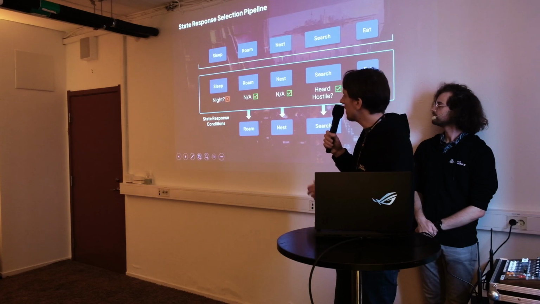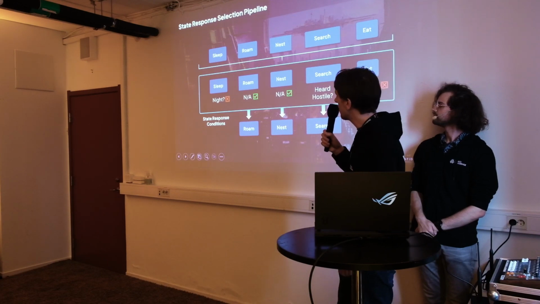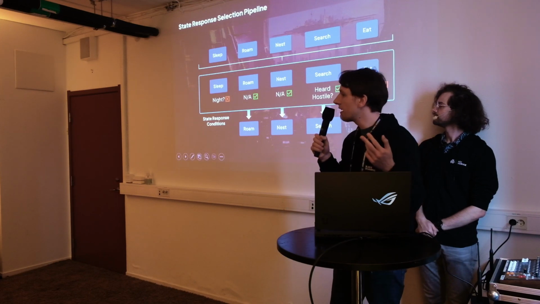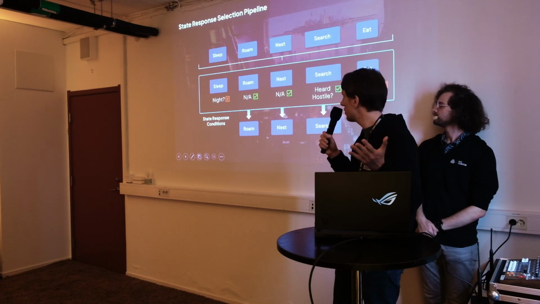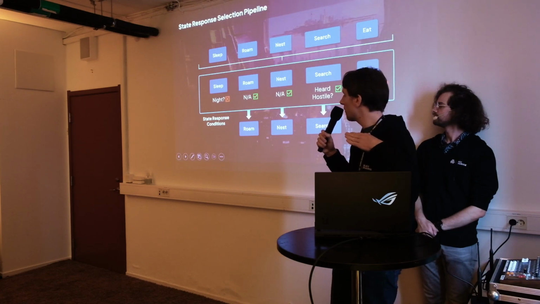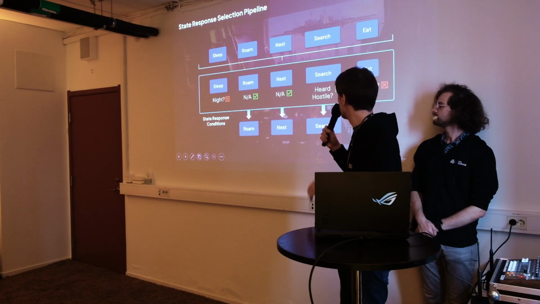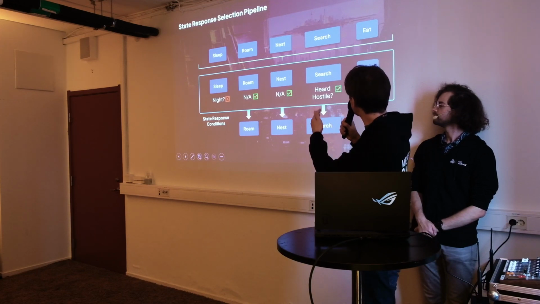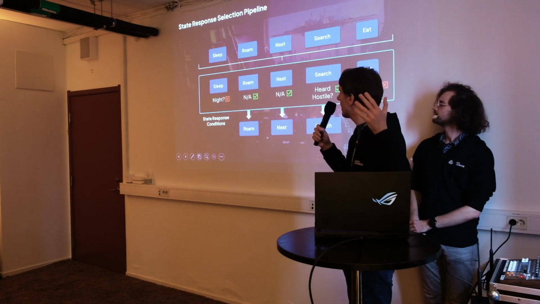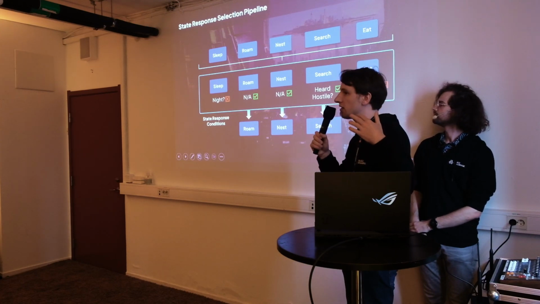In this case, we can see that the sleep state is filtered because it's not nighttime, while the roam and the nest states are always available because there's no condition attached to them, which allows a nice fallback for the agent to always be able to do something. The search state is also available because in the previous example, we heard a hostile actor, so we'll need to